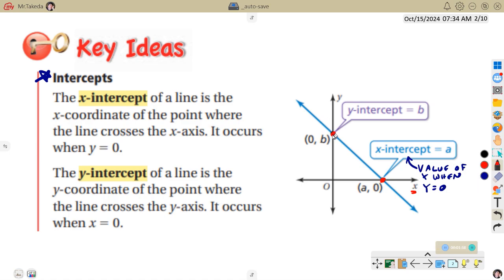Up here on this graph is the y-intercept. That's where the graph crosses the y-axis. This is the y-axis. This is going to be really important. The y-intercept is going to be very important for us in this graphing lesson today. But this is the value of y when x equals 0. Again, new vocabulary, points of interest on the line. Get this in your notes, and then we're going to look at the